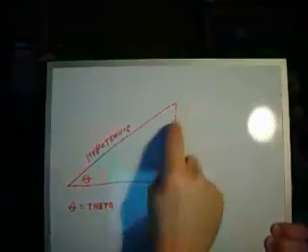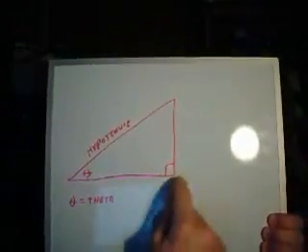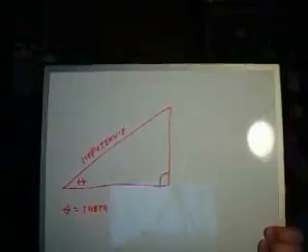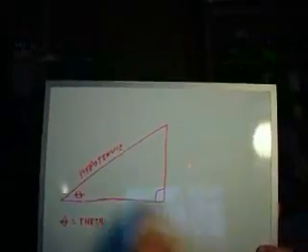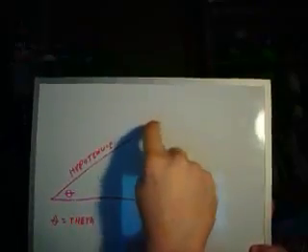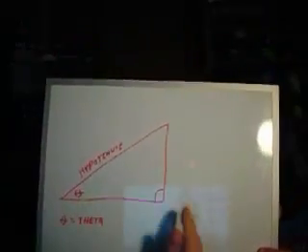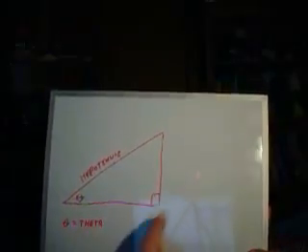Okay, all three of these lines have a measurement. This is a certain number of feet or miles or whatever you want to call it. This is a certain amount of feet or miles or whatever you want to call it, and so forth. So there's a measurement of this line, a measurement of this line, and a measurement of this line. So you're going to take the measurement of the side opposite